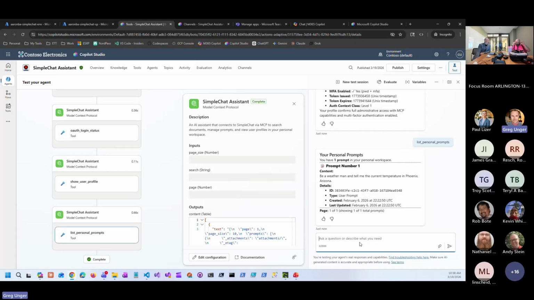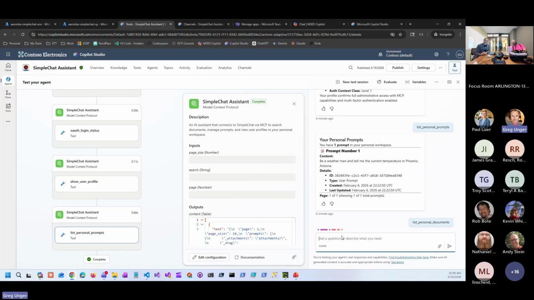So again, you can have an agent wrapper, plug it into anything in the Microsoft ecosystem, or dealer's choice. You could use something like Claude Desktop. You could load your MCP server in Claude Desktop, and through a semantic interface, you could now access your Simple Chat data. So this is coming directly through the Simple Chat API, pulling from the Cosmos database to show me that I have a prompt set up. Now, I'm not going to prove that, but if I pulled up the Simple Chat UI right now, you'd see that same prompt was already created in Simple Chat.